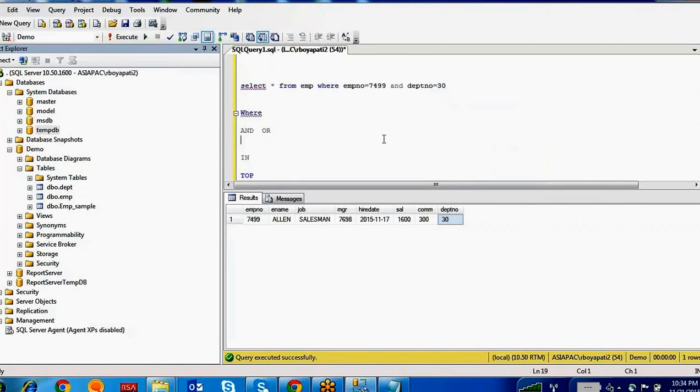Okay, right. So what happened here: if you are writing an and condition, that means this condition should be satisfied, and also this condition should be satisfied. If it is not satisfying any one condition, it is not returning any data.